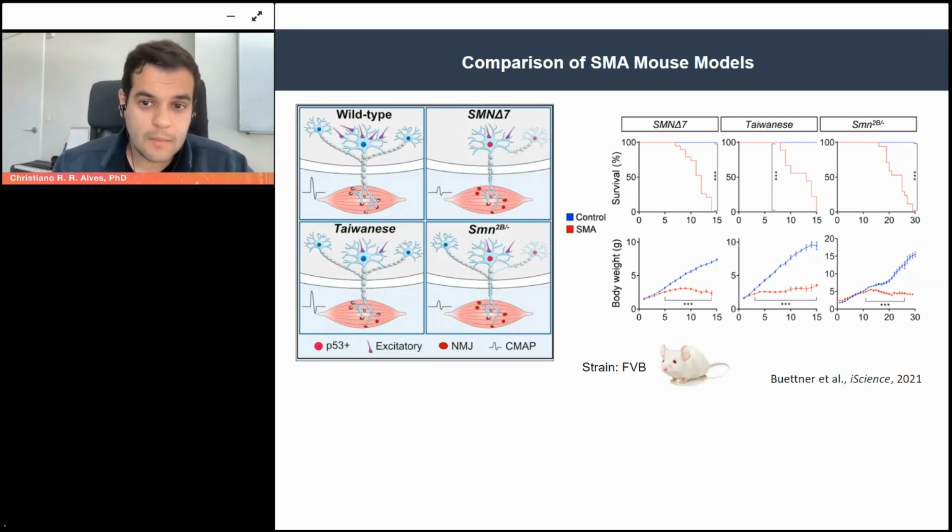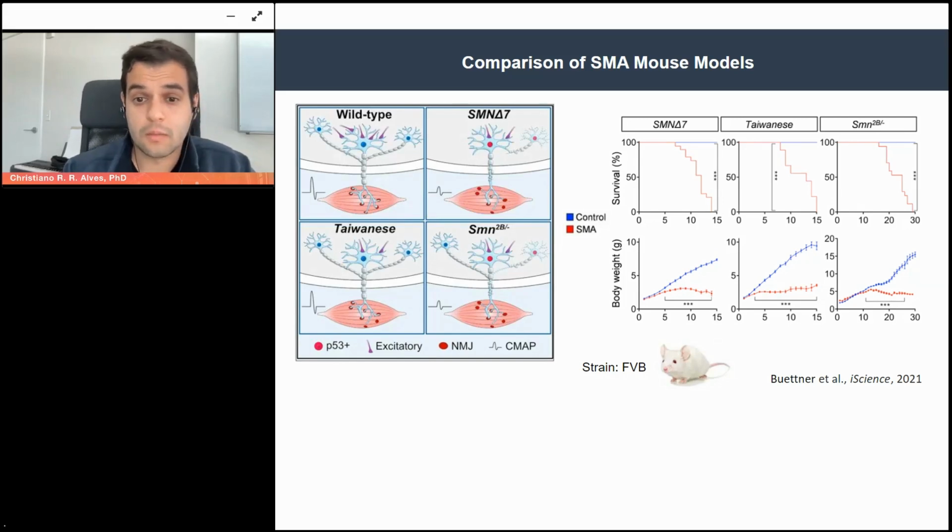The first one, the SMN delta 7, is the model that has a very clear phenotype in terms of motor neuron disease. So we decided to go for that one first. But as you can appreciate, this is a very severe model, as expected, because they're trying to mimic in a model what's actually happening in the clinic. It's a very severe disease with fast progression. So these mice would die before 15 days. So the window to edit here is really, really short.